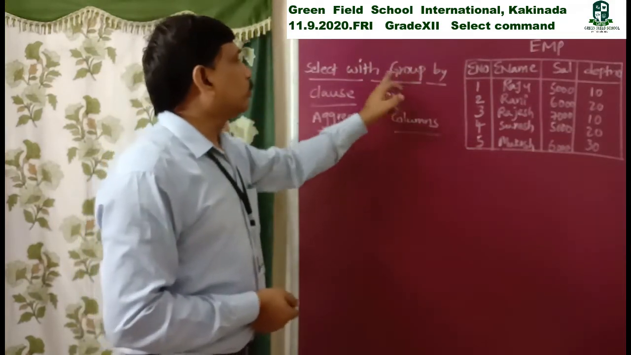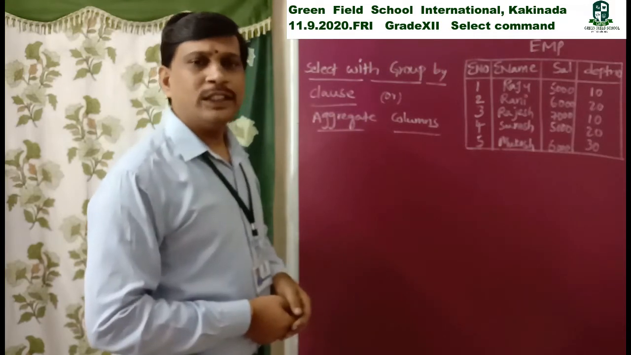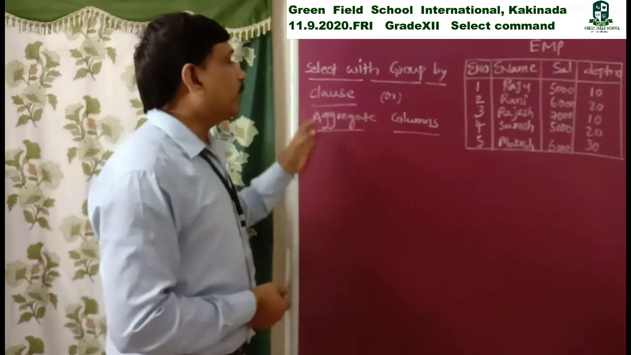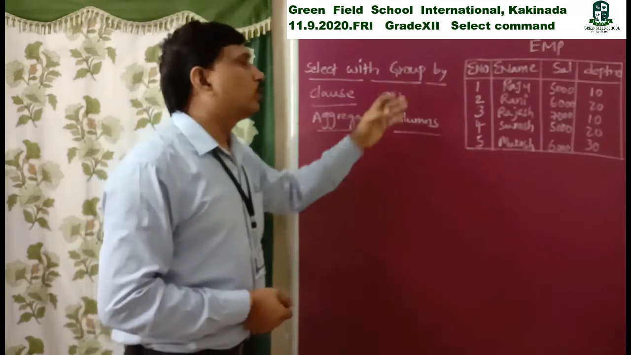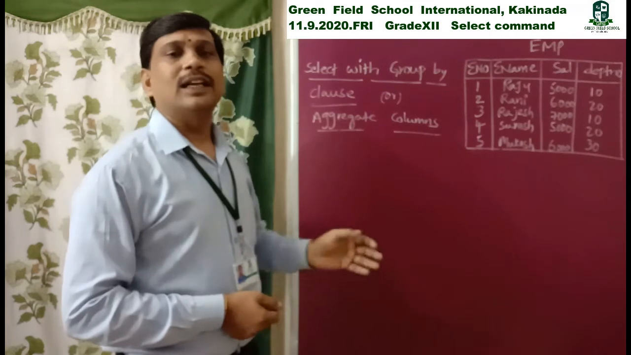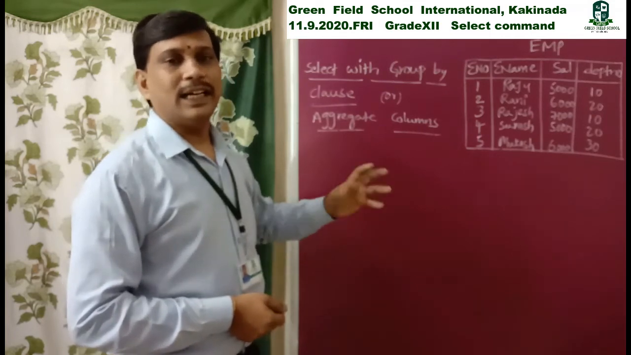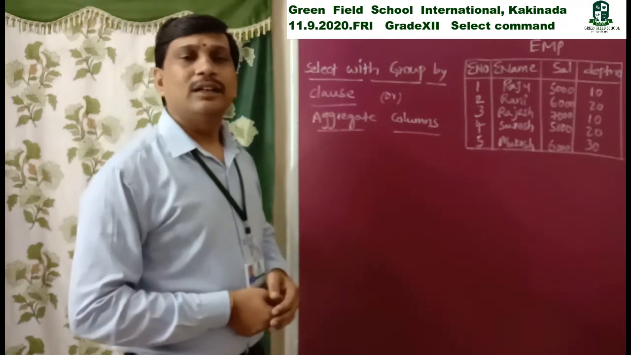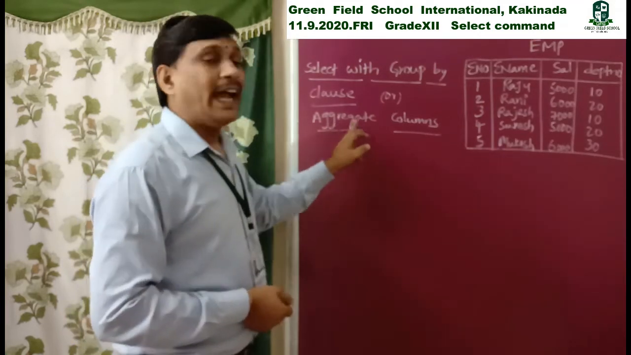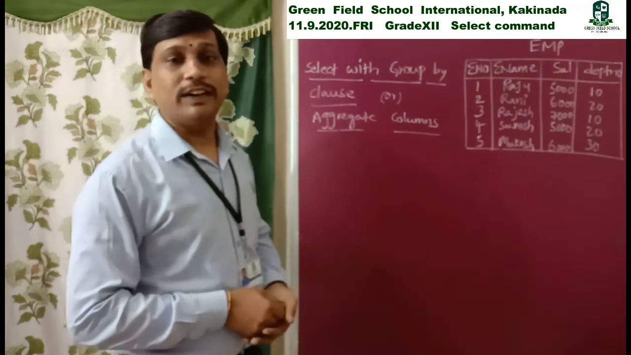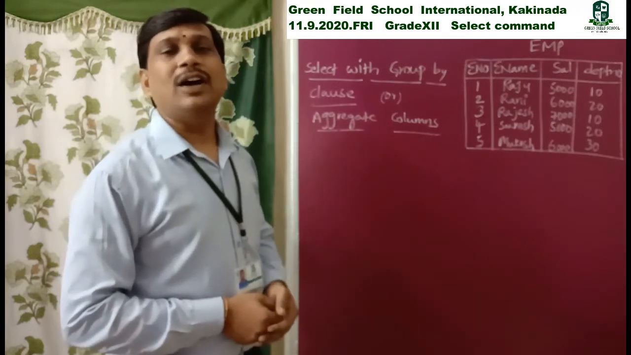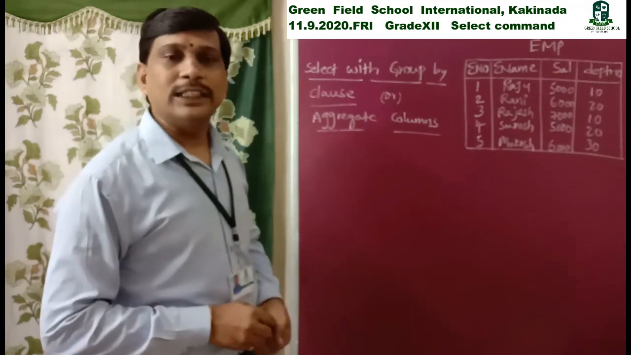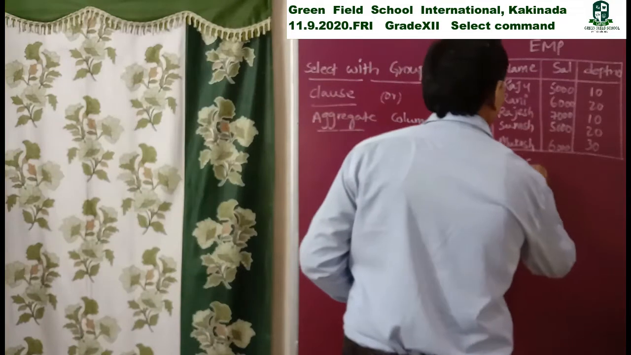When we are using the group by clause, we use aggregate columns. Otherwise, when we are using aggregate columns, we use group by or having clauses. What is the correlation between group by and aggregate functions? These are called aggregate columns or aggregate functions. Why am I calling all these aggregate functions? Here the aggregate functions are sum,